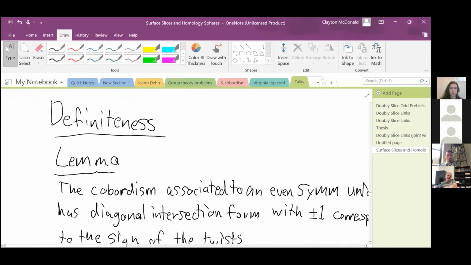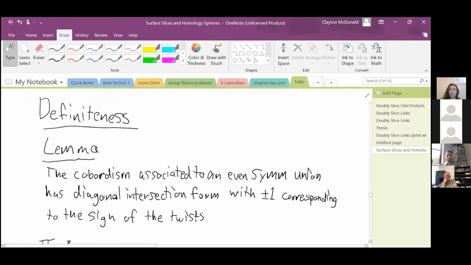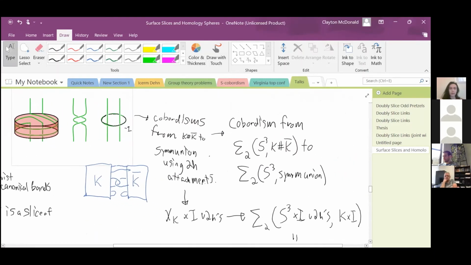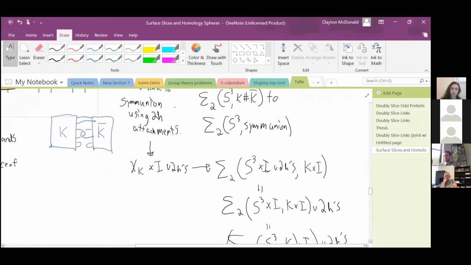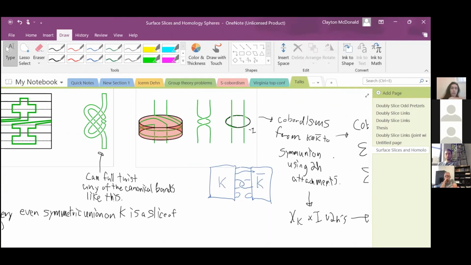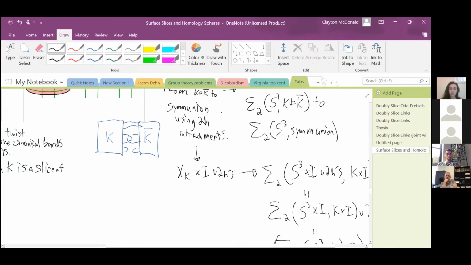So first, definiteness. So it turns out that this cobordism has a diagonal intersection form, and the diagonal elements are going to be plus or minus ones, and those are going to correspond to the signs of the twists. The idea there is essentially that, one way you can think about it is you can think about everything downstairs, and then the point is that these will all be one framed, and they won't link each other. One way you can see that is by attaching the exterior of the natural disk for K connect sum K bar, and you can see that the attaching circles of these will all be slice in the complement of that